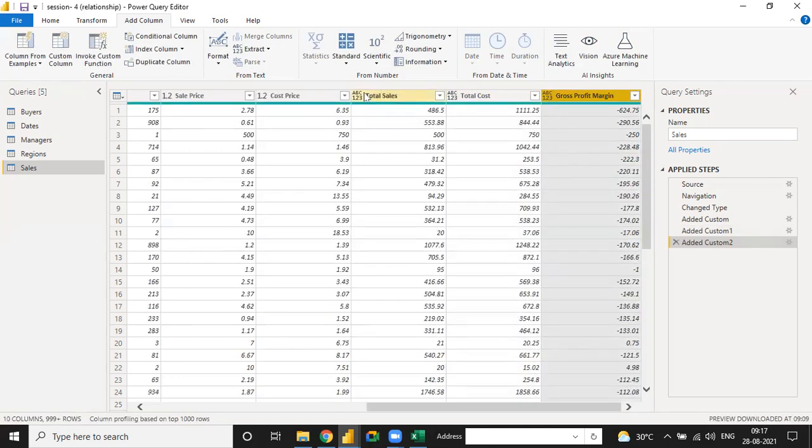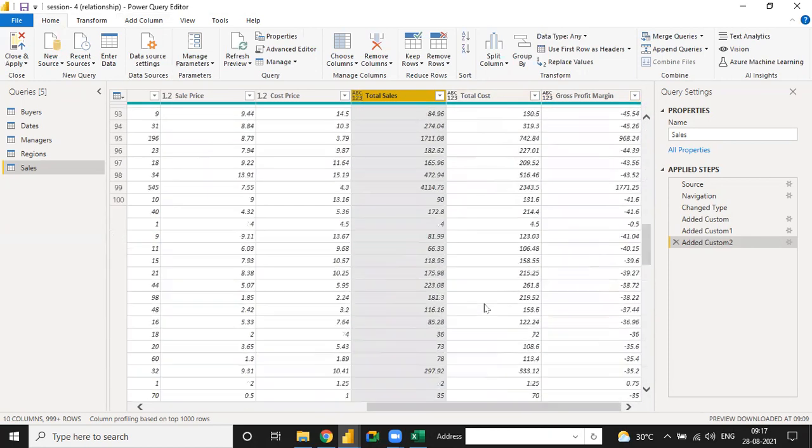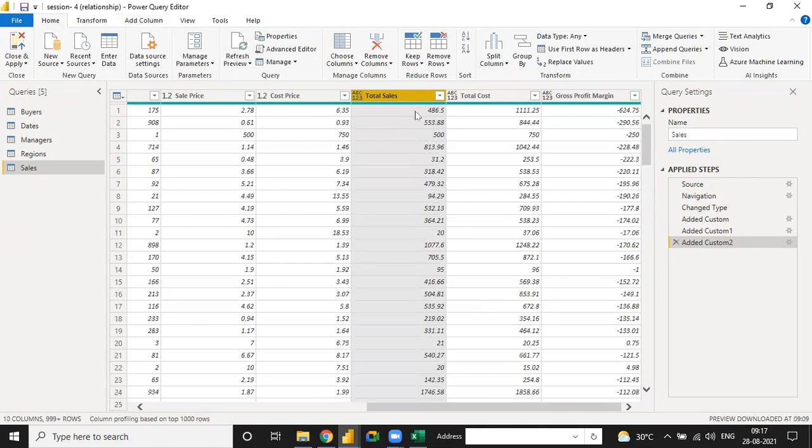Okay. See, when you add this kind of column, when you click on it and go to the Home tab, the data type is Any. But we have to choose for total sales, total cost, and gross profit, all three are numerical. So we have to choose Whole Number, because when we connect the data, it returns an error regarding the data type.